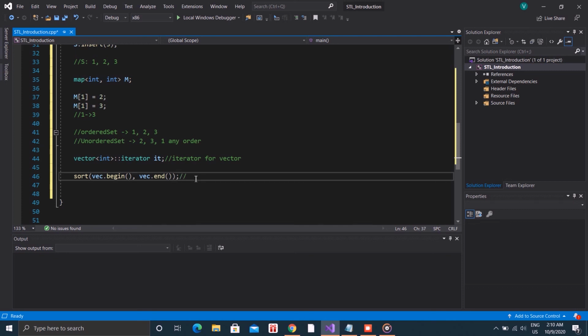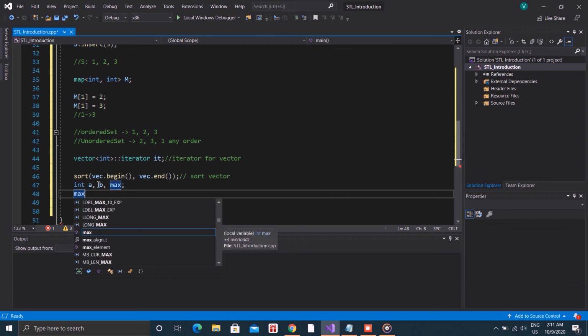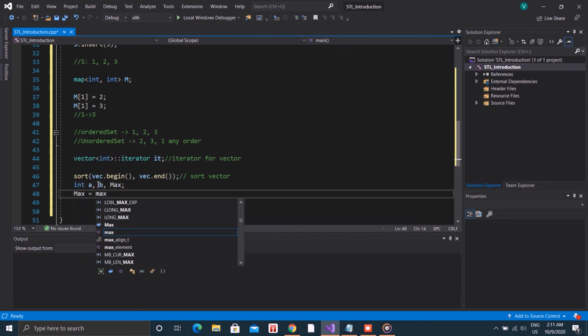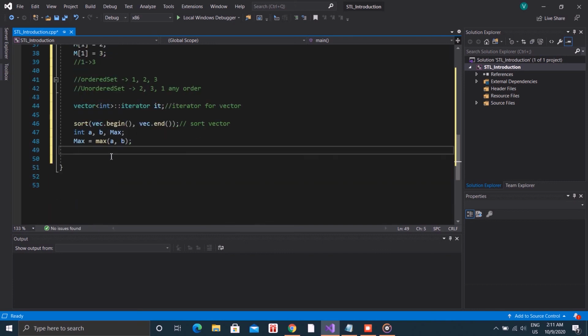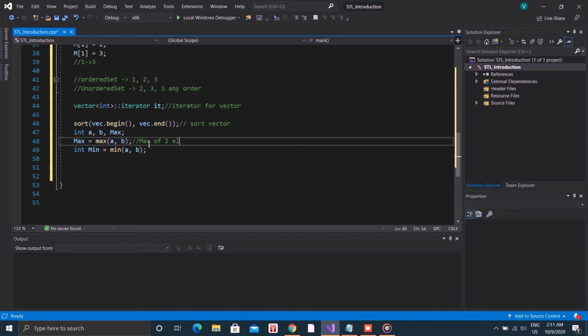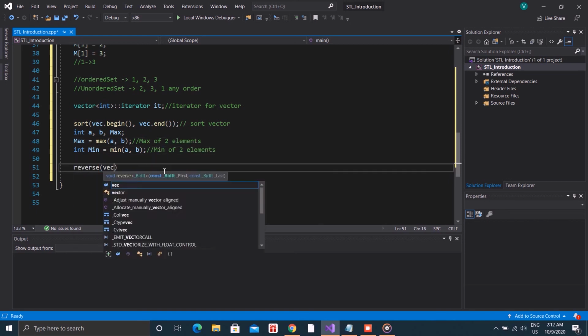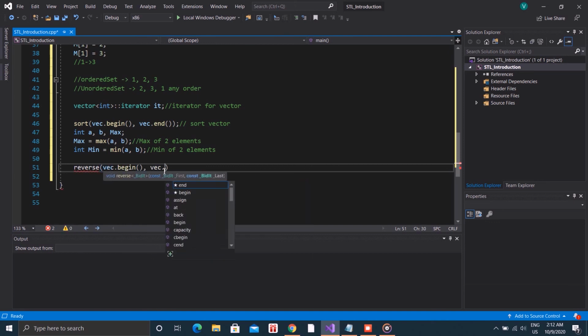Also, the binary search function is used to search an element without explicitly implementing binary search in our code. Other functions like maximum to find the maximum element, minimum to find the minimum element, reverse to reverse a vector or an array can be used directly without actually implementing them in our code. How these functions can be applied to STL containers with proper syntax will be discussed in upcoming videos.